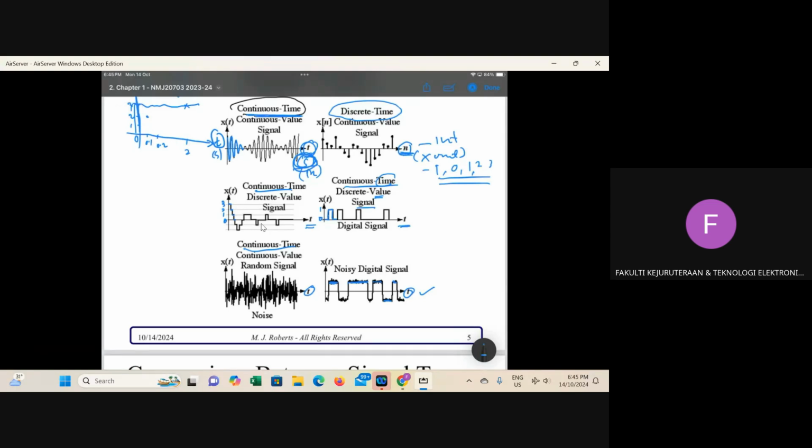Okay, so what is a system, what is a signal, and then continuous time. There are only 2 types of time, continuous and discrete. Continuous versus discrete time. For continuous, the x-axis will be labeled with t. For discrete time, the x-axis will be labeled with n. Okay, and n is an integer. It has no units. Not seconds, not minutes, not anything.